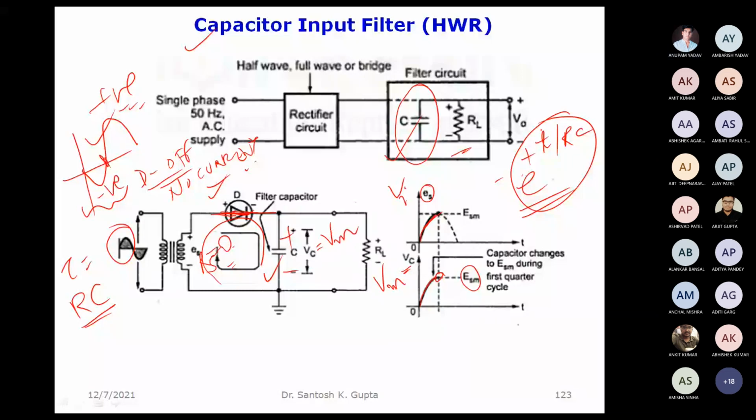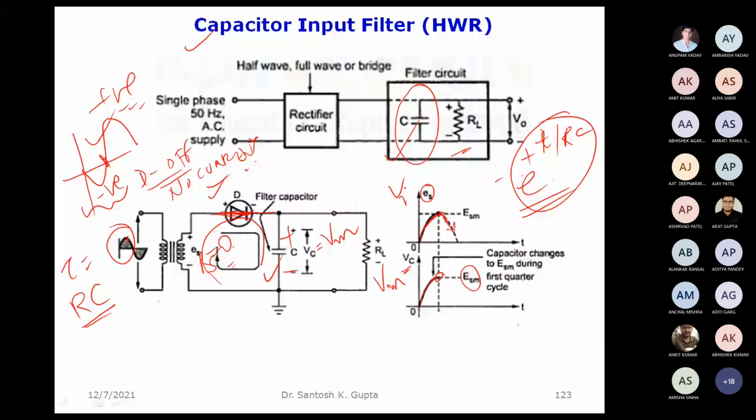So once the potential across this is VM here, what is happening? After attaining the peak value by the input signal, the input signal magnitude is decreasing below VM. No value above VM is possible for the input. So after the peak here, it is coming down.